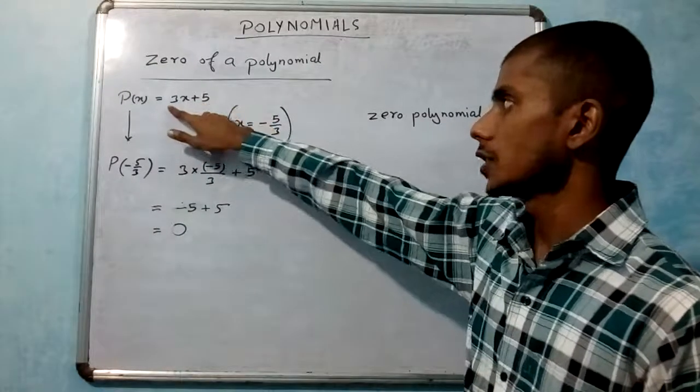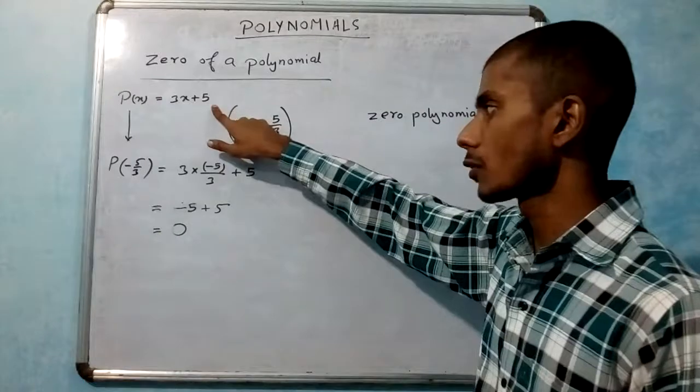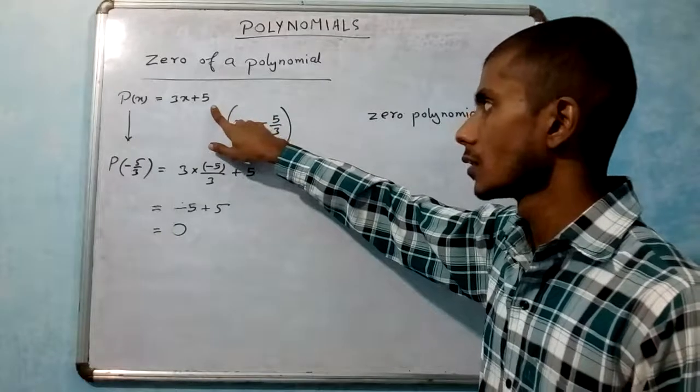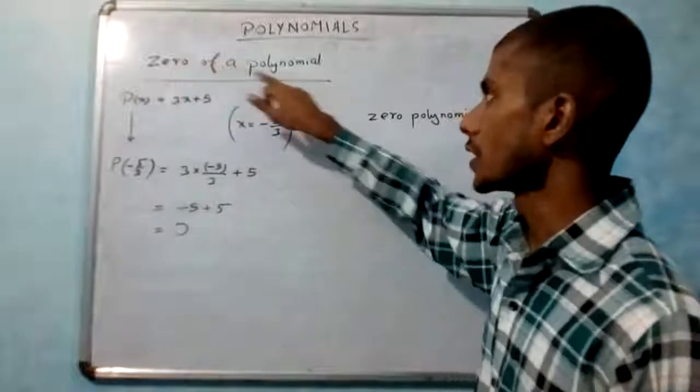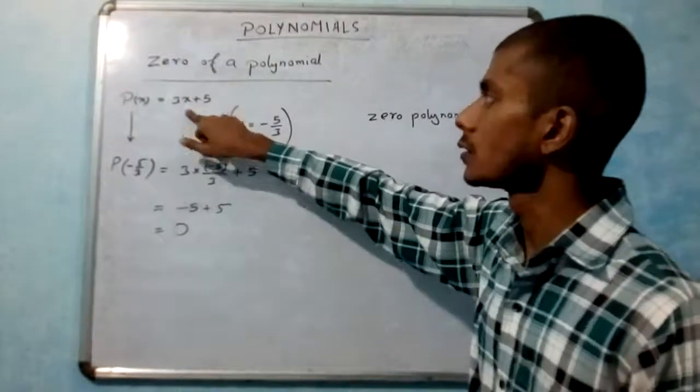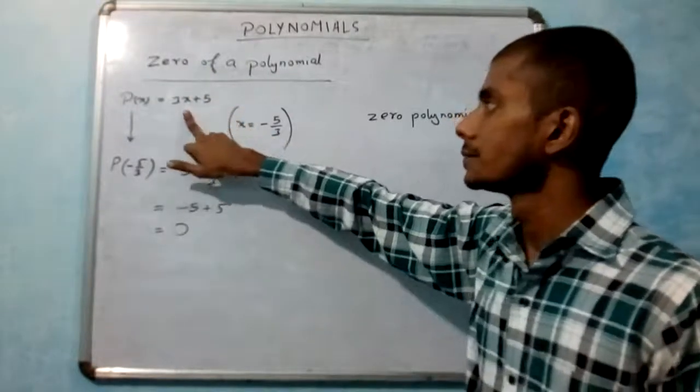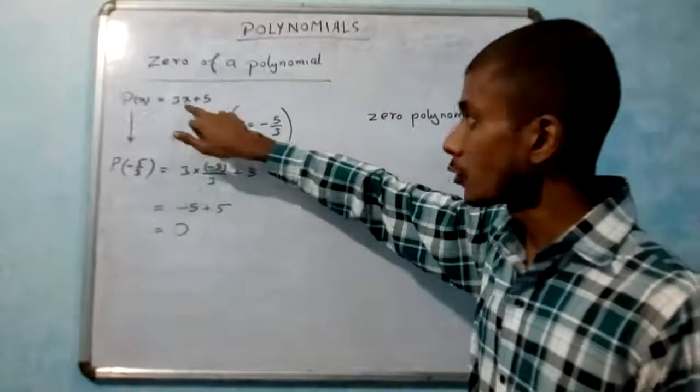Is this polynomial okay? 3x + 5, simple polynomial. Now what do you mean by zero of a polynomial? Is this a polynomial or not? 3x + 5 is a